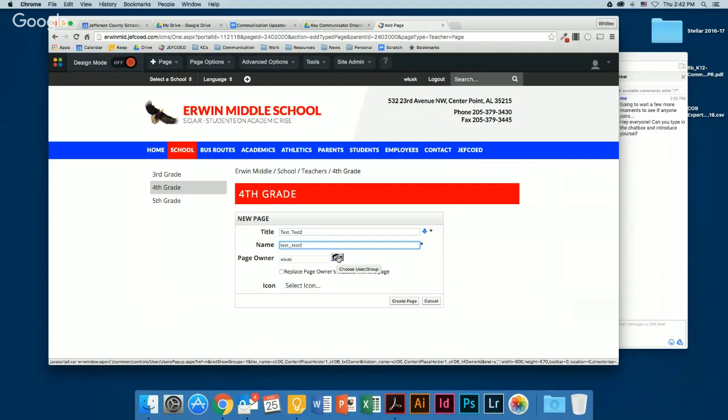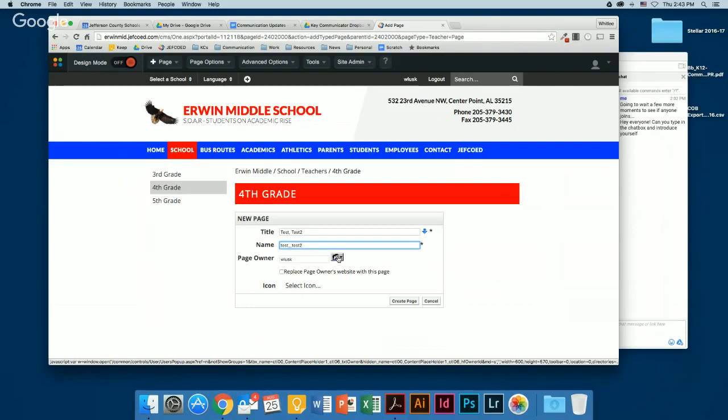when you create a new teacher page, for all the teacher pages that have already been created, those teachers or yourself are going to have to go in and custom edit the contact me form, because right now whoever is the page owner of that teacher page is the person that those submissions are being sent to.